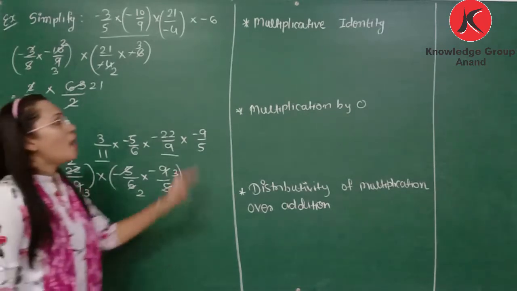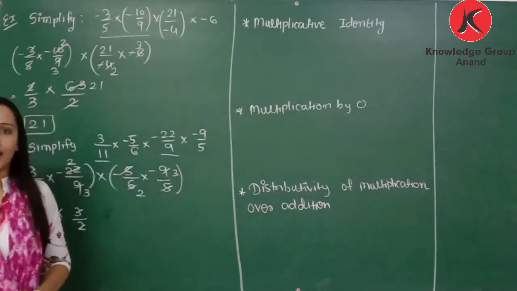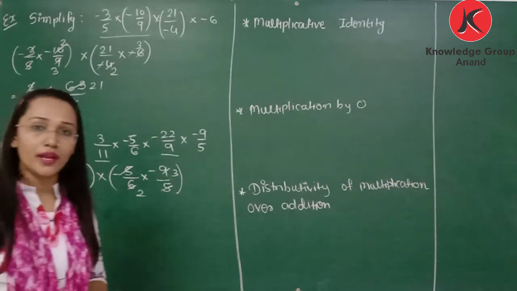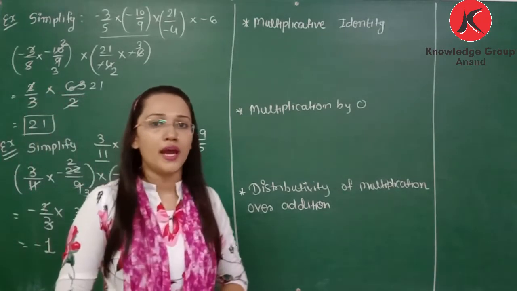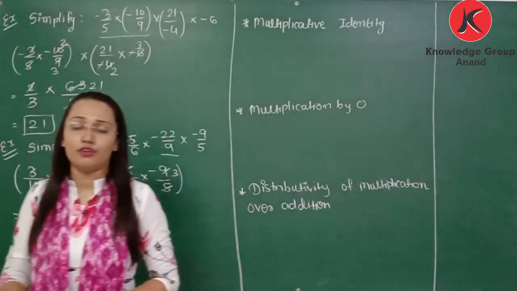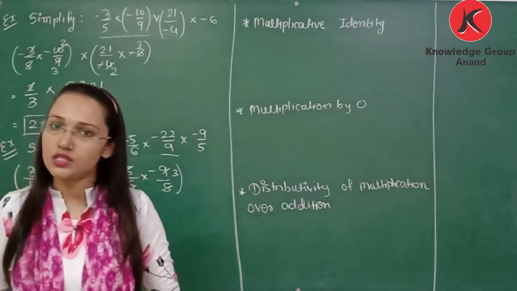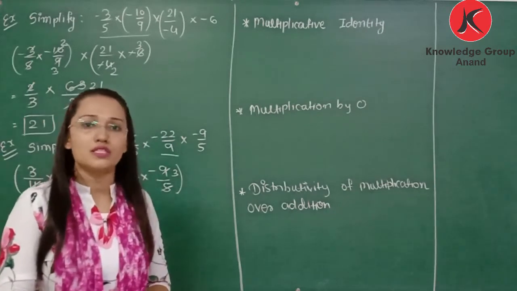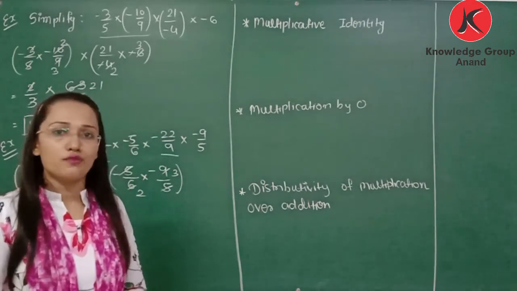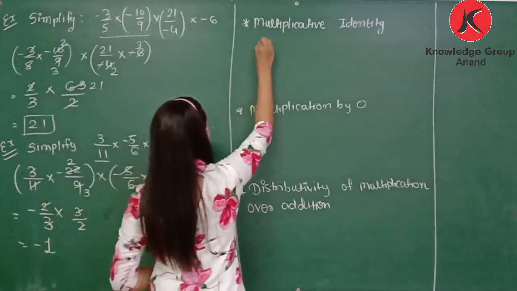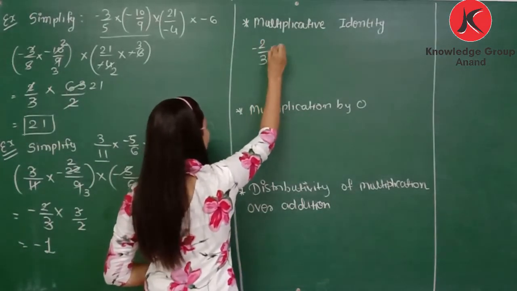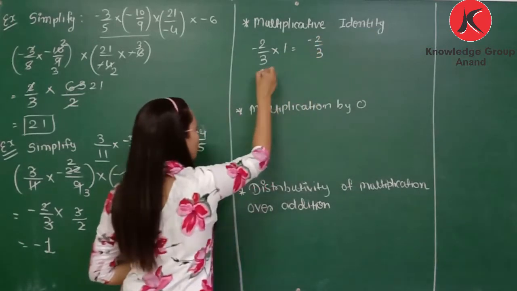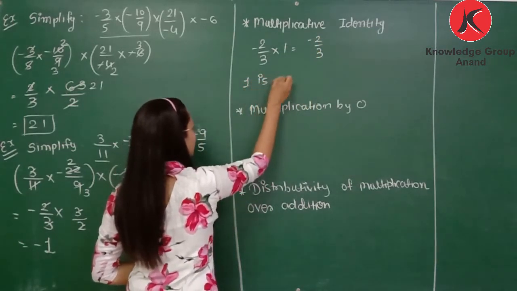Now next one, multiplicative identity. As we learned additive identity, do you remember what is additive identity? Additive identity means which number we add to a rational number, we will get the same rational number. So it is 0. So which number we multiply with the rational number, we will get the same rational number? That is 1. So if we multiply, let's take one example, minus 2 by 3 with 1. Answer is minus 2 by 3. So 1 is